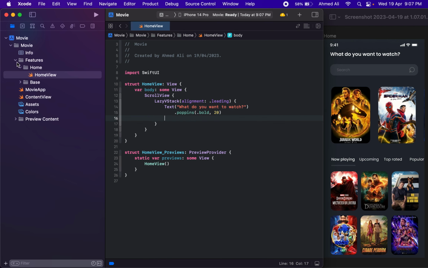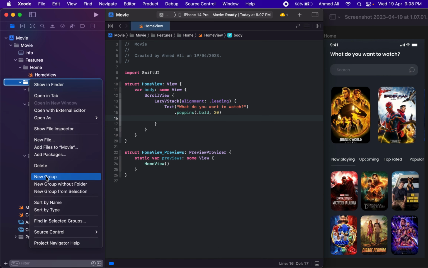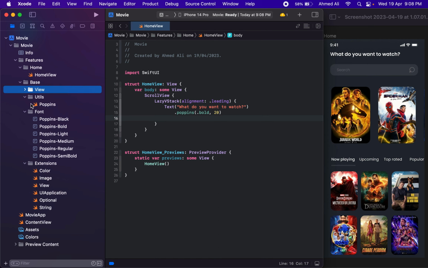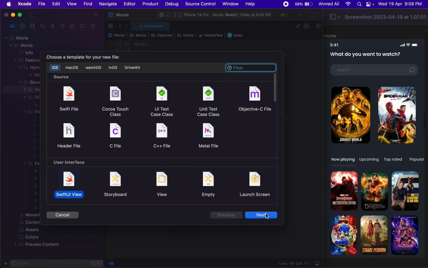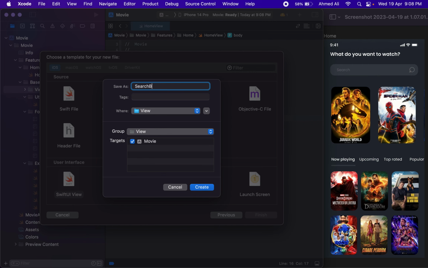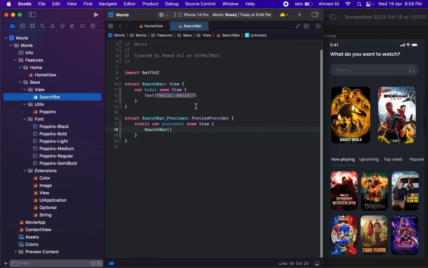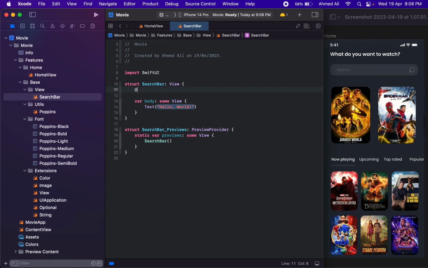So for the search bar I will actually have a separate file so that we can utilize this search bar in some other project. If you like, you can just copy the file, or if we need it ever in future in this project as well. So for this search bar we will need a binding of search text with type string. Let's provide the preview, and we will have a text field here. It will say search. For the binding we will have search text,